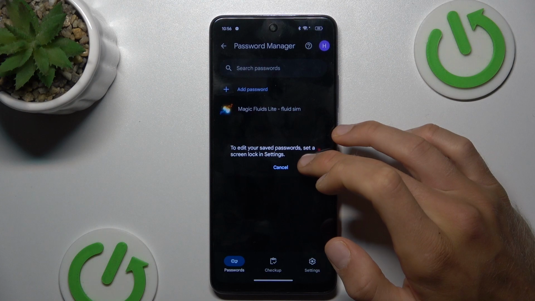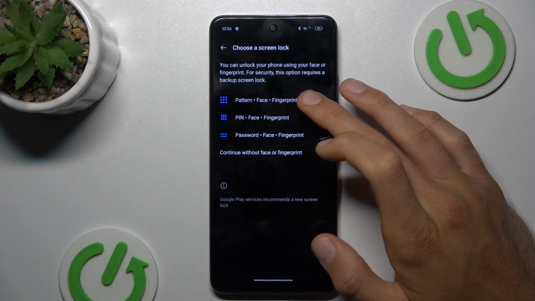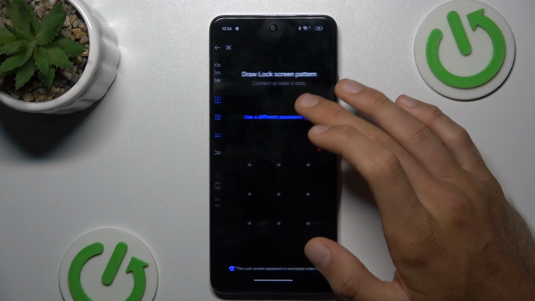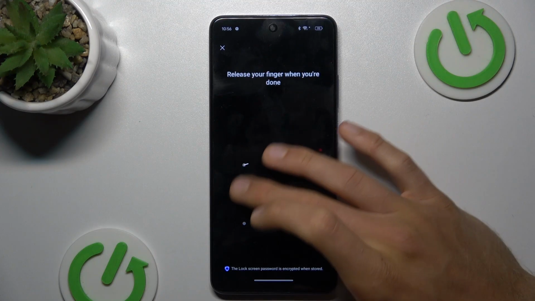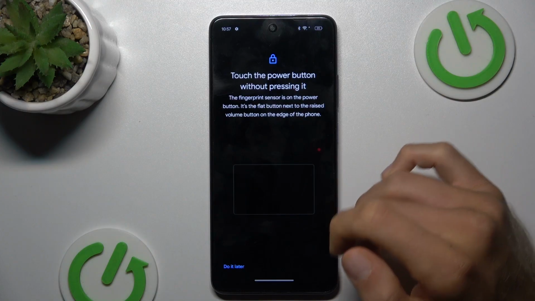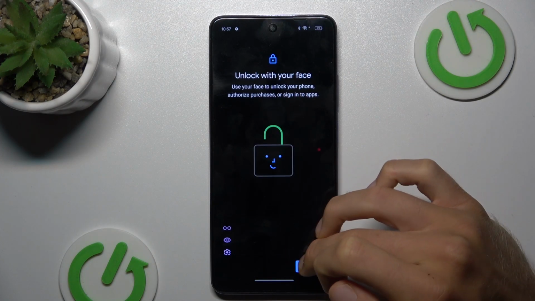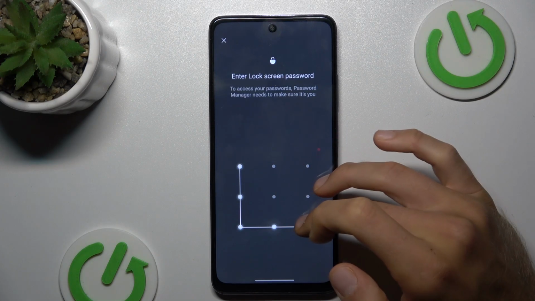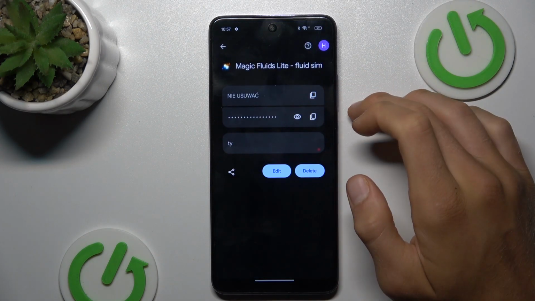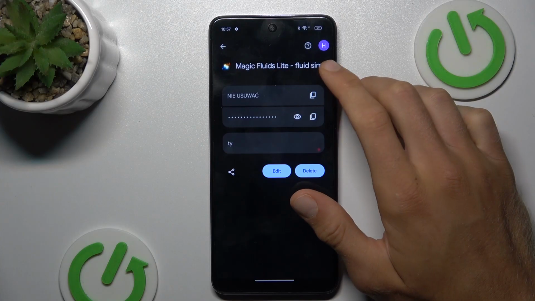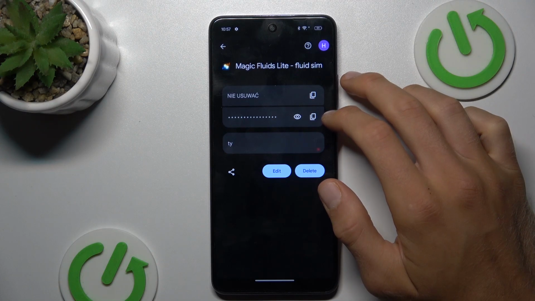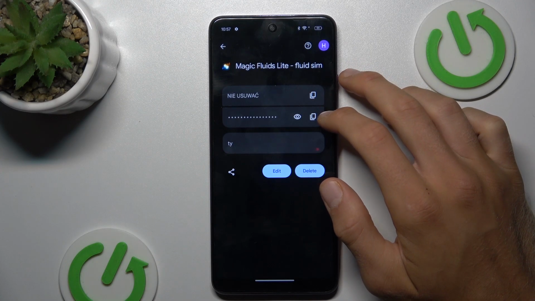We can click on it, but to manage it we need to create our lock screen on our smartphone. I did it fast. Do it fast. And right now we must enter our lock screen to get connected to these passwords, to this website. And after we press this first icon, we can copy our email and copy our passwords, or after we